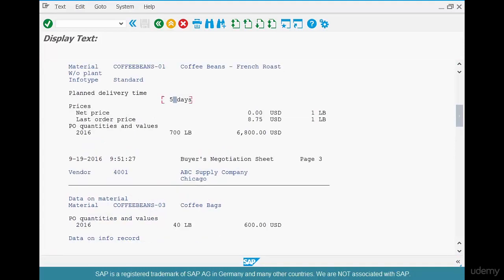So if I'm the purchasing manager, I take a printout of this, go sit with the vendor and say, hey, you know what? I've been procuring 700 pounds and I've spent $7,000 or $6,800 on procuring coffee from you. And I'm going to open 3 more shops, or I have opened 5 more shops already, and the volume is going to go up by so much. And the price that we are doing currently is so much. And now my request is I want a better price. The more volume you do, the better price you can negotiate.